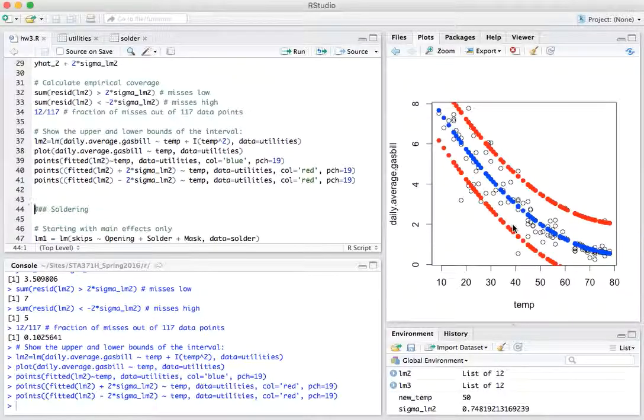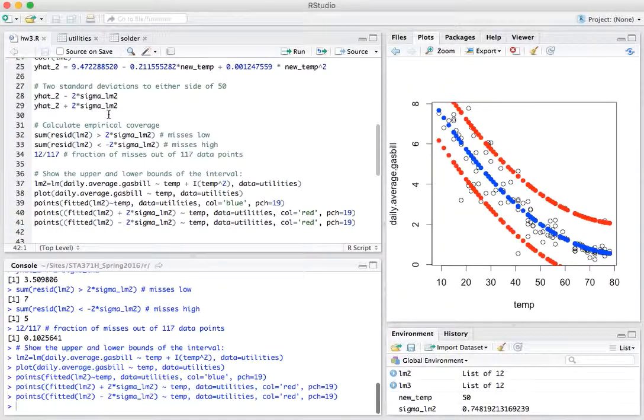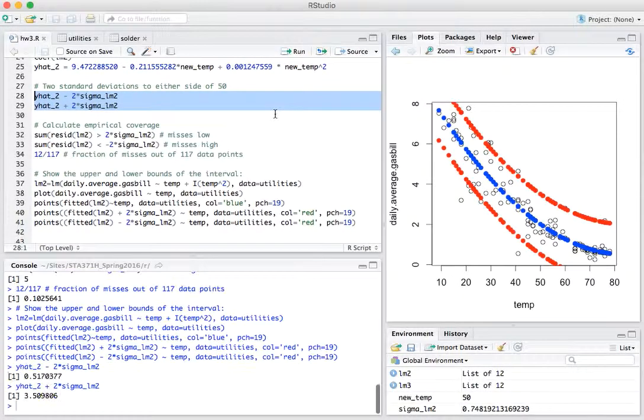If you actually are careful and measure the vertical distance between, say, this pair of points right here and this pair of points right here, you're going to find it's exactly the same, even though it looks like it's fanning out. Okay, so there you go. We have a 90% coverage interval, rather a 90% prediction interval. And the limits for our temperature 50 would be between 51 cents and $3.51,